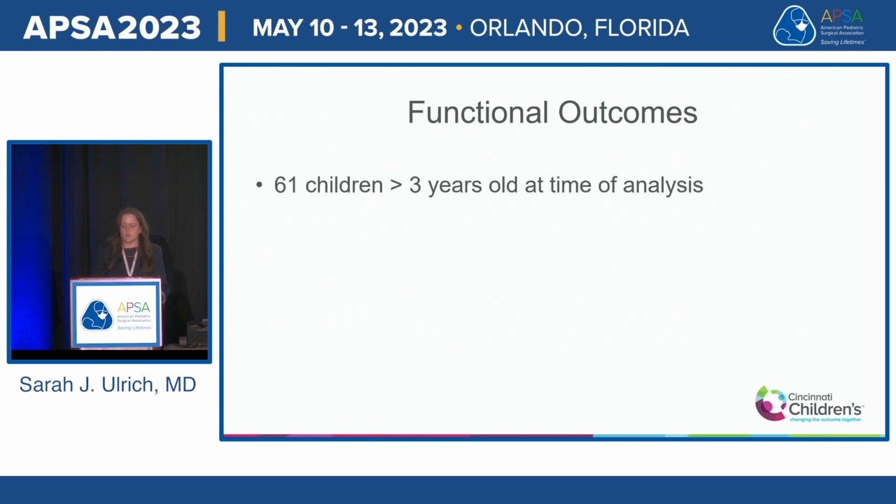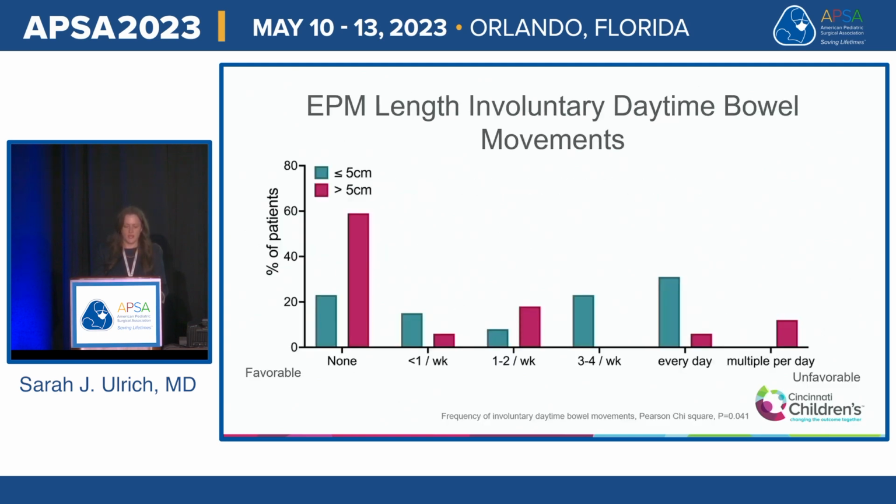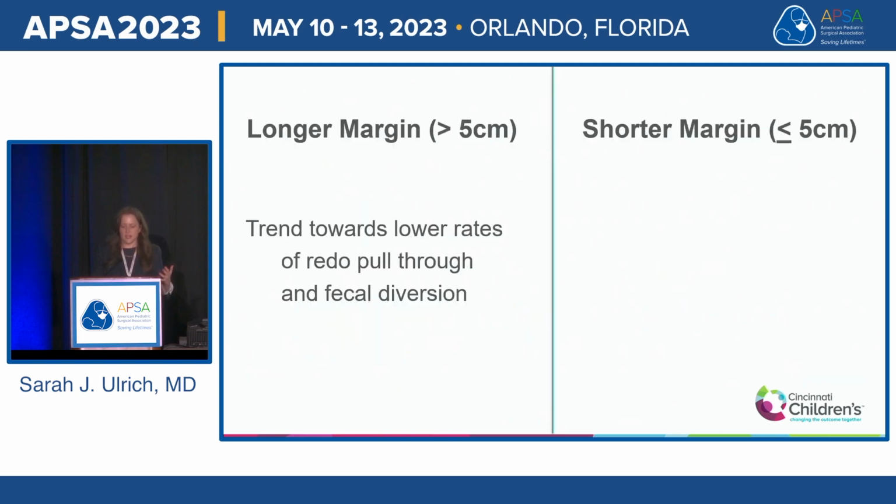61 children were greater than 3 years old at the time of our analysis, and pediatric fecal incontinence severity scores were available for about half of these patients. Median follow-up for these children was 126 weeks post-op. Children with a shorter extended proximal resection margin had improvements in daytime continence, and they were less likely to have involuntary daytime bowel movements. So to summarize, the extended proximal margin length did not have a statistically significant impact on